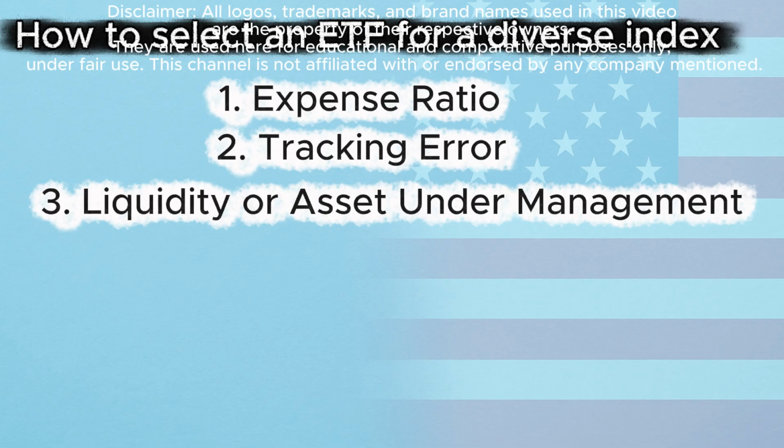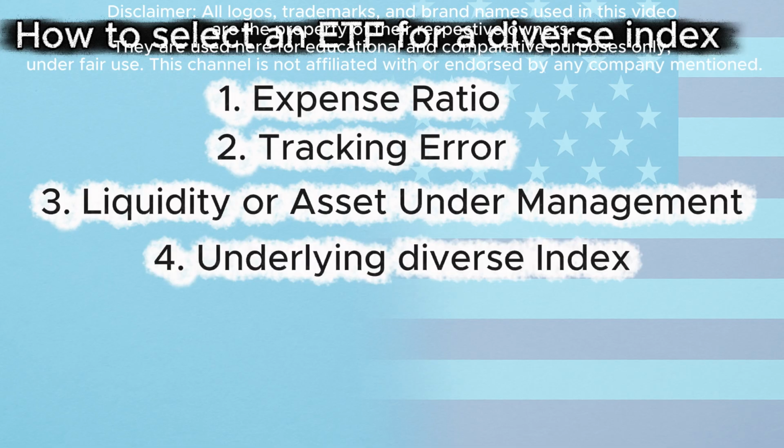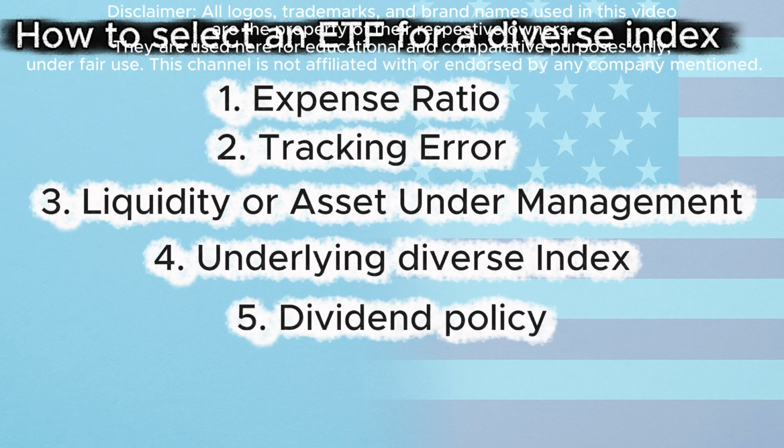Next, the underlying index, what we are actually buying, say Nifty 50 versus Next Nifty, or S&P 500 versus the Nasdaq 100. We have to choose a broad, diversified index with large liquid companies which represent their economy or the sector. Finally, the dividend policy, whether the aspect of reinvestment is there and to what extent it is taxed. ETFs that reinvest dividends, which is the total return index approach, are better for compounding. Check the tax efficiency. For example, US ETFs are generally more tax efficient than mutual funds.